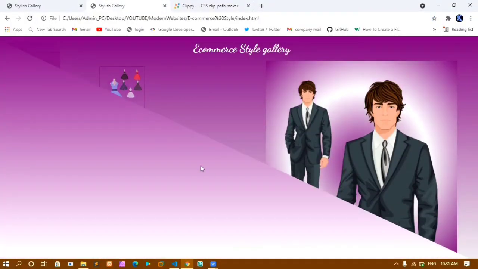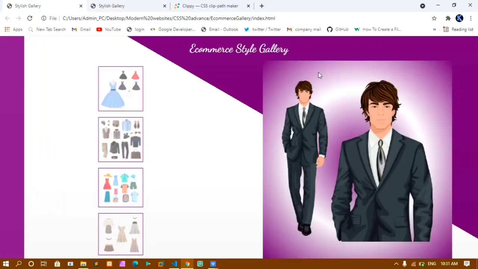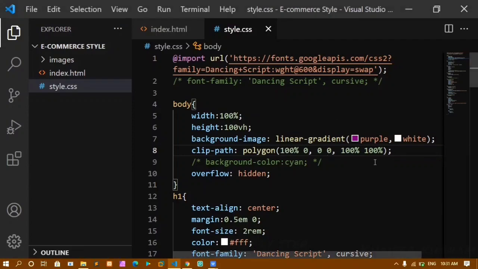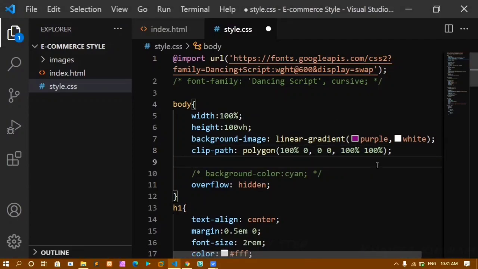Now if I show you the output, you can see half the content has been clipped. Okay, you will not be getting this half content. We would only use this for design purposes, but we can achieve this using our linear gradient itself without using clip path. If we add clip path, you can see my images have gone, and this animation is also gone. So for that we are not going to use our clip path property. Instead of that, we will be using degree values.